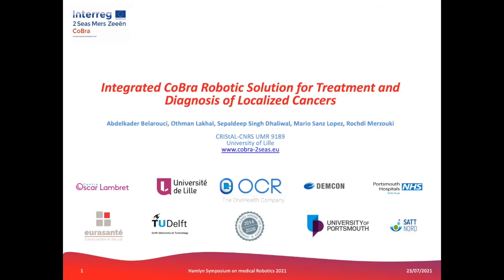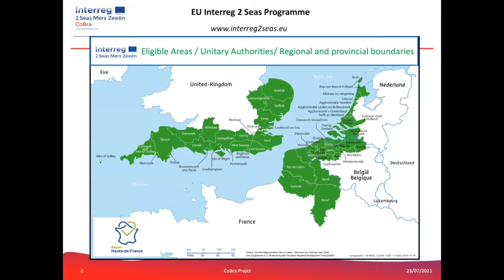So good morning, everyone. My name is Rojdi Merzouki. I'm professor from University of Lille. I'm chairing this collaborative project called CoBra, Cooperative Brachytherapy. This project is supported by the program Northwest Europe, 2 Seas Interreg program, which is labeled with this green map, which represents mainly four regions from the 2 Seas, including the south of UK, the north of France, the west of Belgium, and the southwest of the